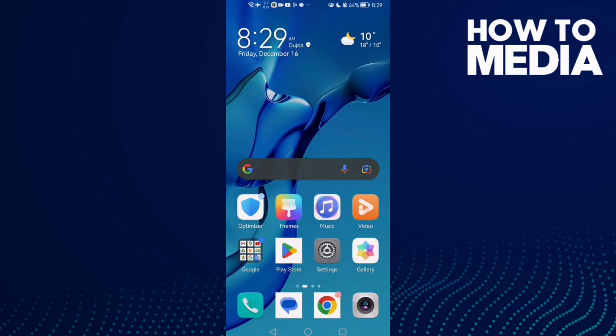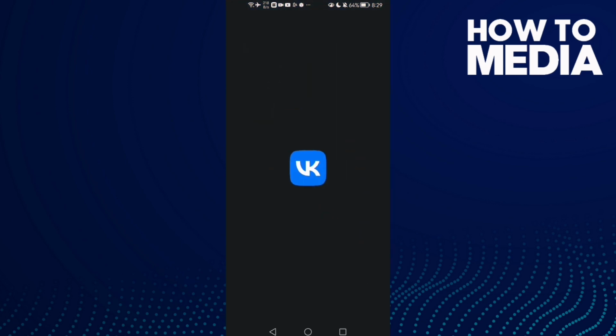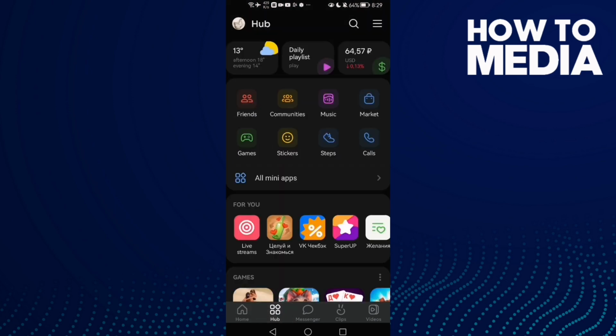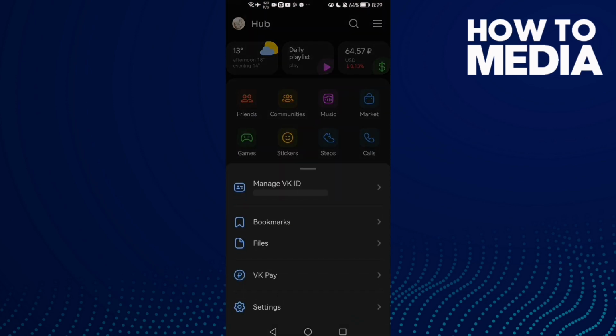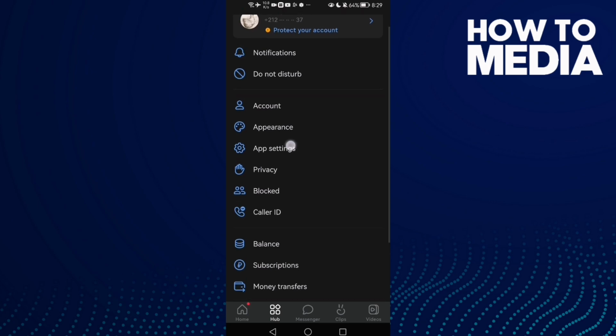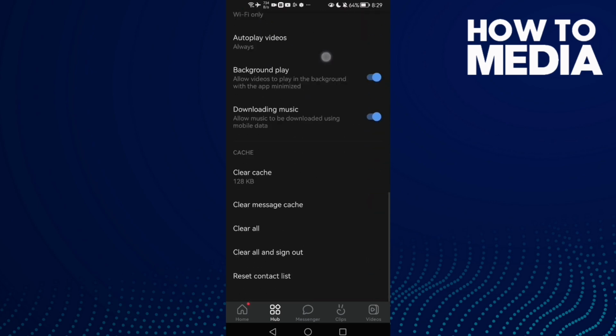How to clear message cache on VK on Android or iOS phone. First, open VK and now click Hub, and after that click these three lines here in the top corner and click Settings, and then click Accounts, click App Settings, and scroll down, and here we'll find Clear Message Cache, and that's it, cache